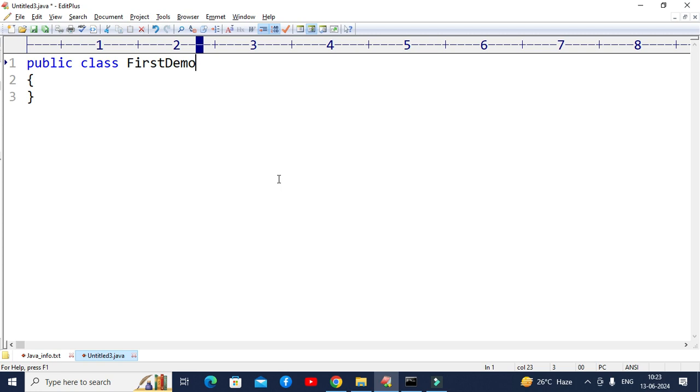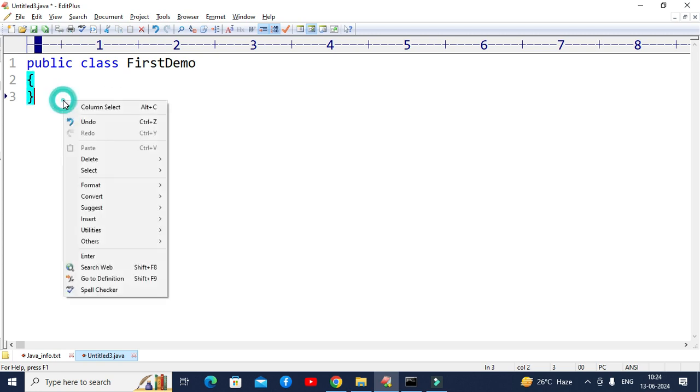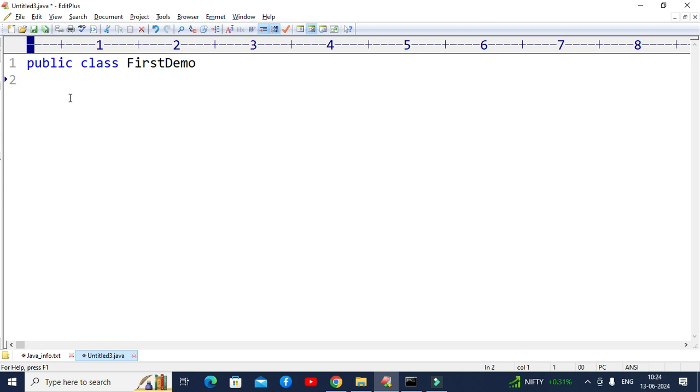This is my class, and after this the IDE by default gives curly braces, but I can show you. After this, always go to the second line and use a curly brace. For every curly brace that starts, it should have an ending curly brace as well. Use the ending curly brace here, and inside this we need to write. Use one tab space, click on tab, which is available on your keyboard, and then write public static void main,